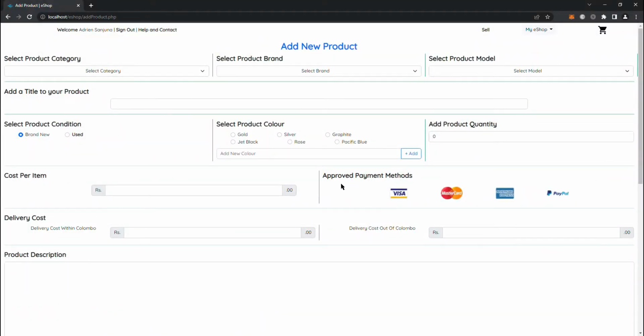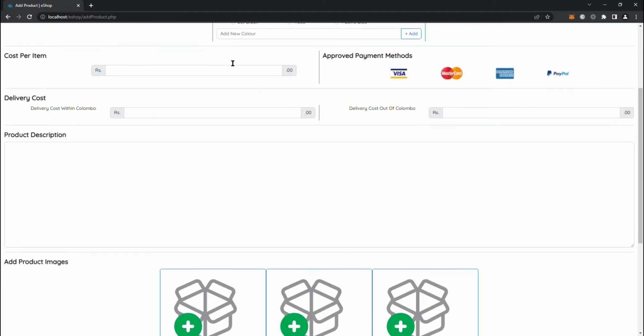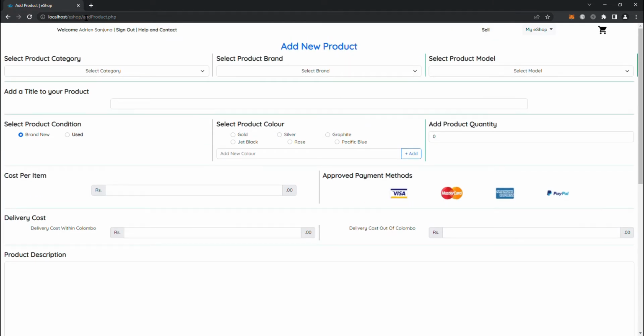Hello everyone. So in today's video we are going to be discussing how to design a new page to register new products for the sellers. So this is an add product page. We have it as add product.php in a local host, and we are using the same header as we've used before,